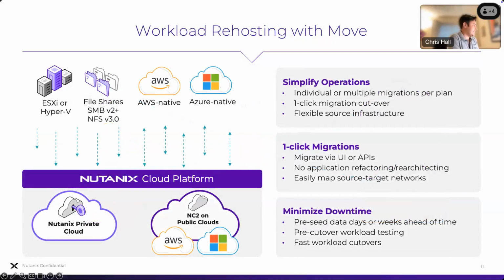If we skin that cat slightly differently, we can see that Move will allow us to create individual or multiple migrations per plan. So maybe we want to do just a couple of VMs, maybe we want to do 100 VMs per migration plan. Absolutely not a problem. We've got a one-click migration cutover, which we'll see in a bit. As I say, the flexible source infrastructure is not a problem. With one-click migrations, we can do migrations via the UI in the Move appliance. It's got a nice web front end, dead easy to use, or we can use the API with something like Ansible,